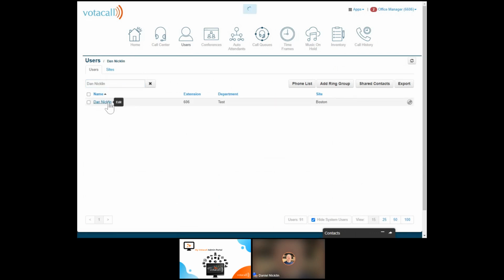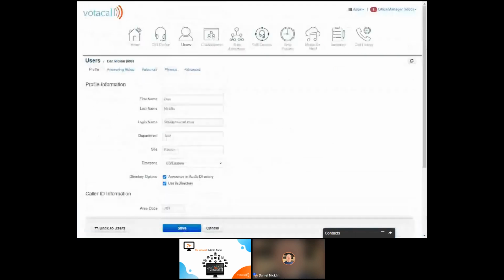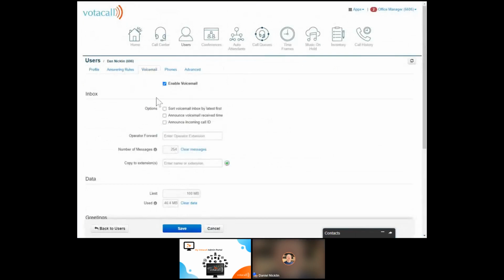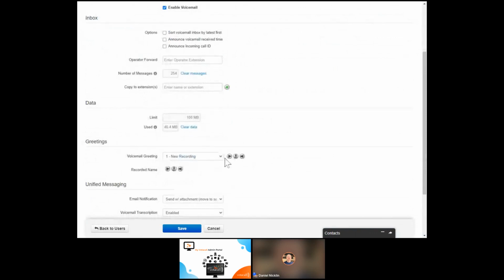Okay, and then I can come into here, and you can see that I can manage Dan Nicklin. Here's where I can go ahead also and view answering rules. I can look at the voicemail tab and whether I want to enable the voicemail, set their operator, manage copying voicemails to other people's extensions, adjusting greetings,